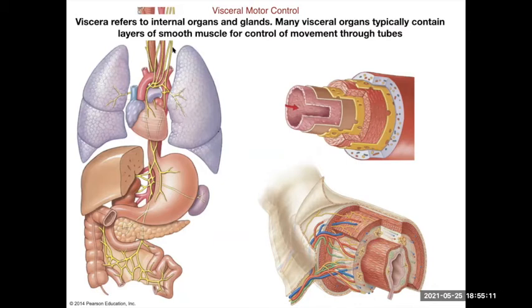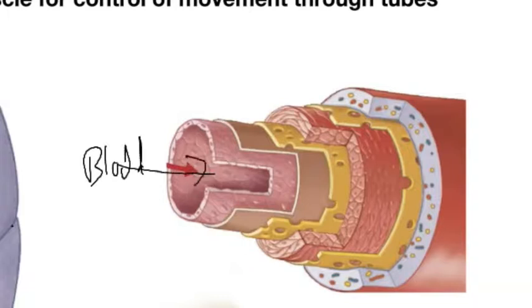And when I say smooth muscle, this is probably the least intuitive, but you're going to have to understand this at some point. Layers of smooth muscle within these tubes all over your body, right? You have your gut tube going through your body, right? Food is going through this hole right here. Blood is going through your blood vessels, the lumen, and all these organs, and this might be your respiratory tract too, the airways, right? All these organs have these different layers of tissue. At least one of those layers is going to be a smooth muscle layer.